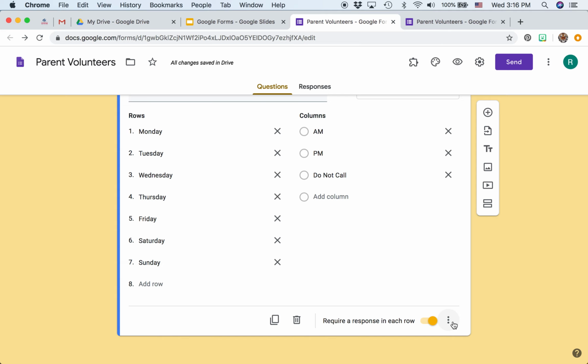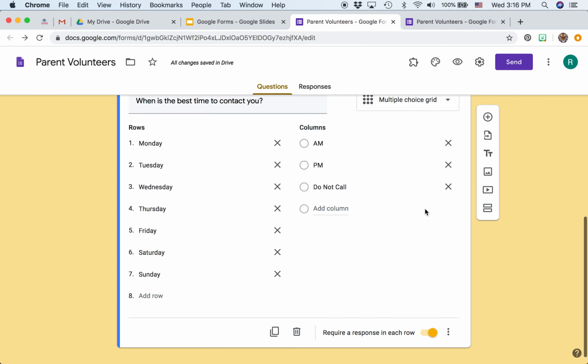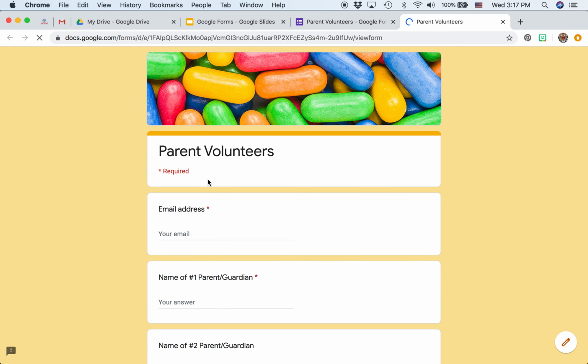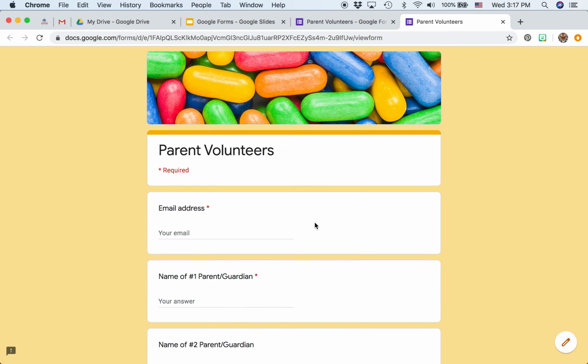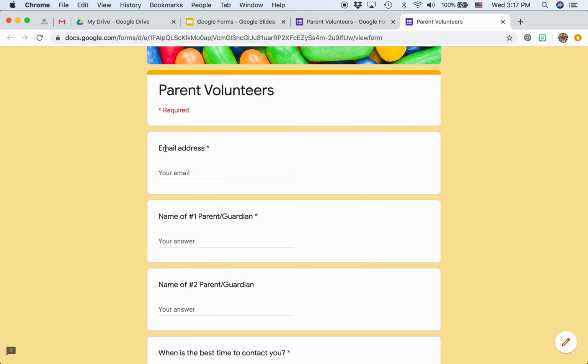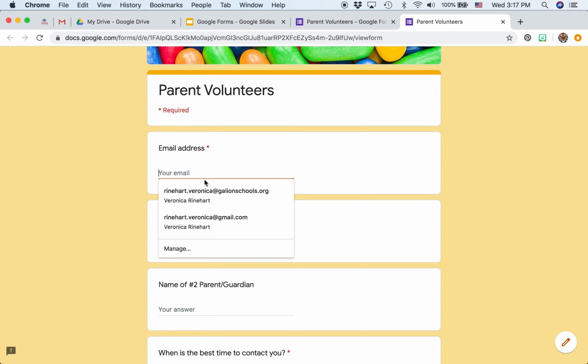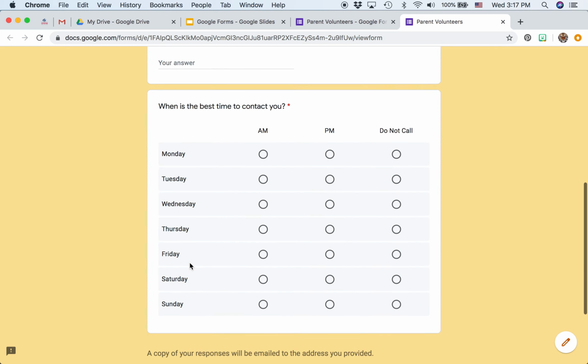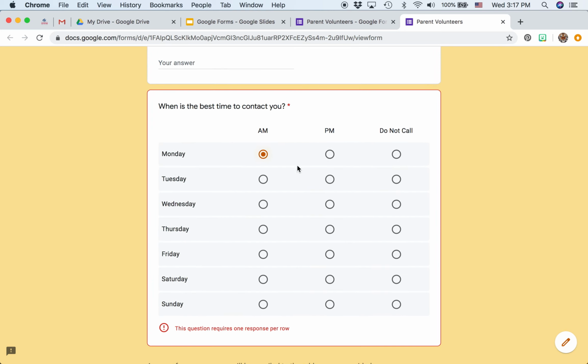Okay, so let's take a look at what that looks like from the parent's perspective, just to make sure that multiple choice grid is what I expect it to look like. So I'm going to come up here to the preview, and now this is what a parent actually sees when they go to fill in. Parent volunteers, the asterisk tells them that this is required. So I need an email address and I need a name, and then here is that option 4,